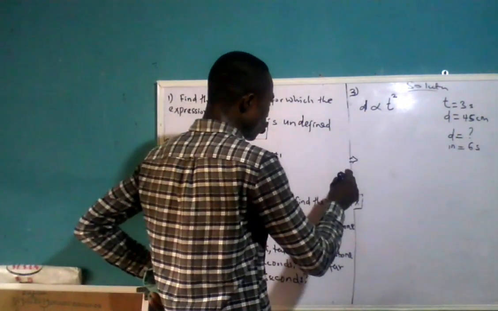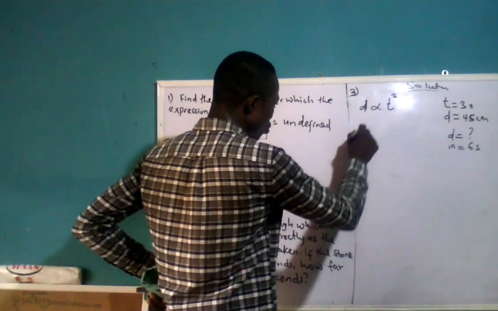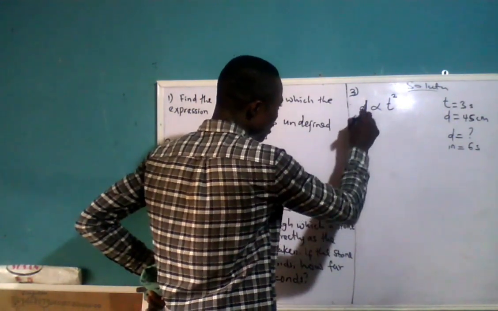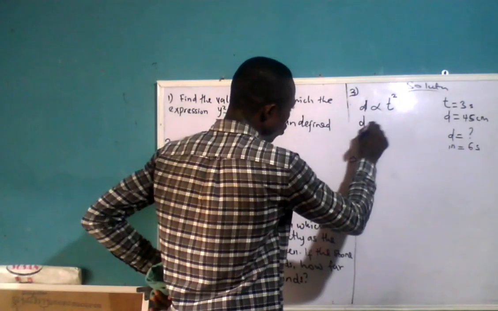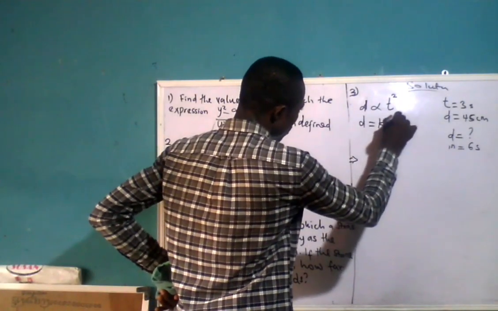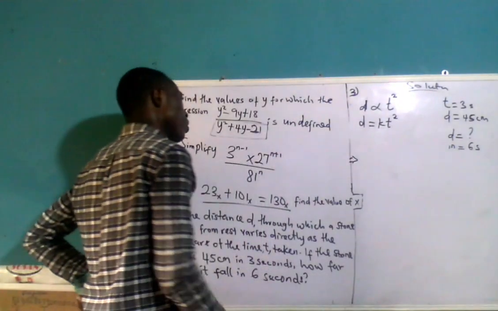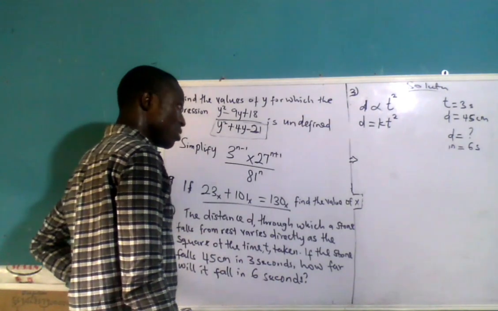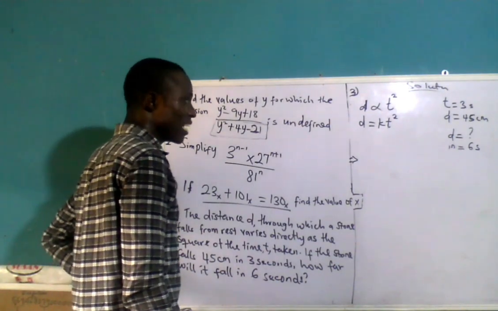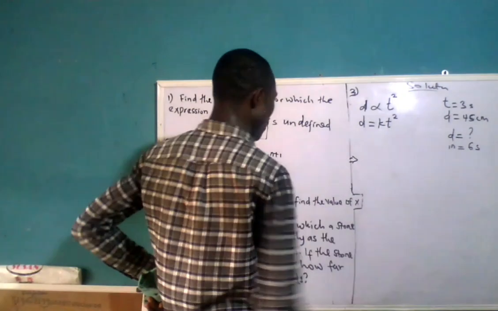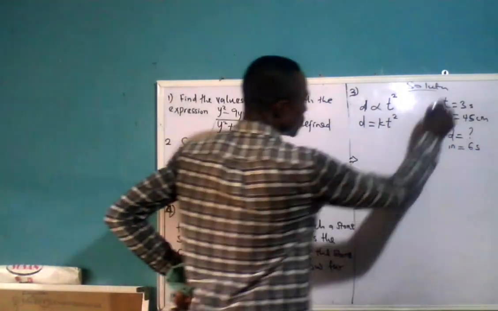So what do you do? To remove the proportional sign, you introduce a proportional constant k. So therefore you have D equal to k t squared. Okay, that's how you can change the proportional sign to an equal sign by introducing the proportional constant k. Now we are given this,